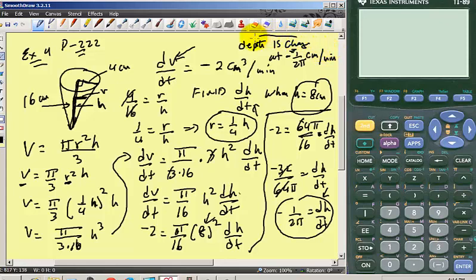So that's my final answer, but I have to go back and answer the other question, and the question is, do you think the depth of liquid will decrease at a constant rate? Well, it's not going to decrease at a constant rate, because the volume is coming in at a constant rate. But remember, the cone is getting smaller and smaller, so that means the height is going to change